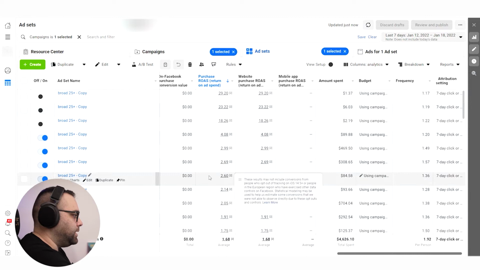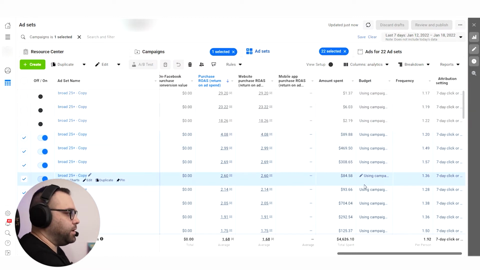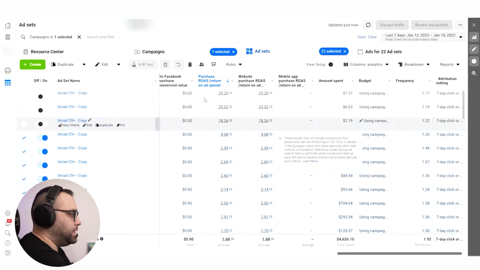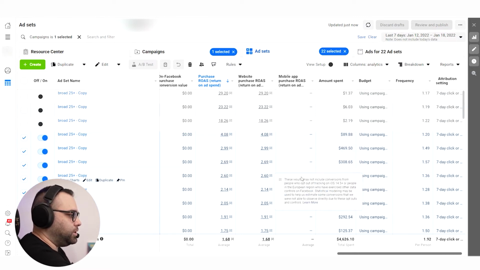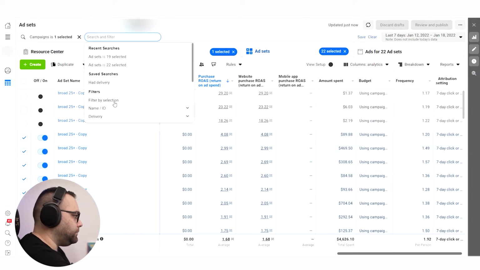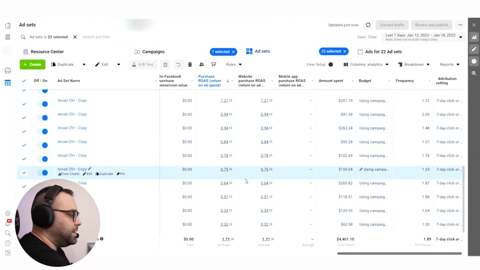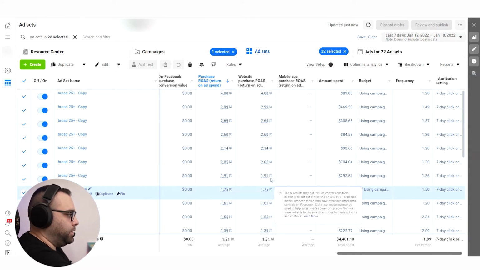I take all of these and I'm going to filter them by selection. By the way, those that you see with big ROAS and very small spends are ones that I closed maybe earlier, and then it found one sale, so you can see that it has that. You don't need to open these, okay? You need to stay with the ones that actually have several sales. So filter by selection over here, and now we are left with the ad sets that we have kept only, okay?